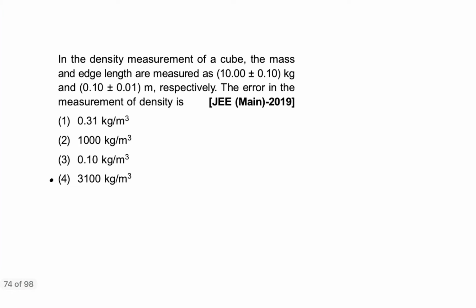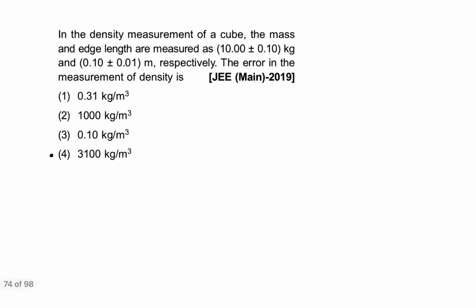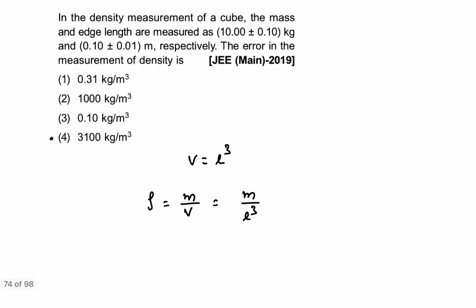Okay, using g equal to 9.8 meter per second square, the simplified relation is given. Next one: in the density measurement of the cube, the mass and edge of the cube are measured. Mass is given and length is given, so you can write the volume is equal to L cube. So density, if you write, is mass divided by the volume, so you can write m divided by L